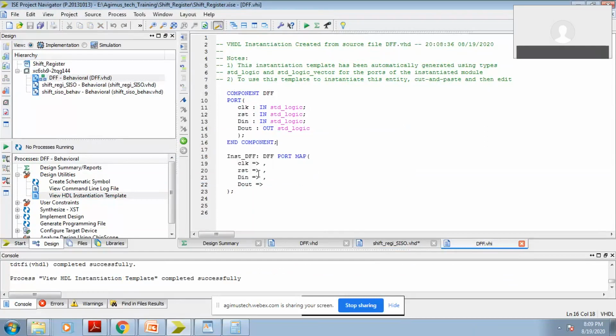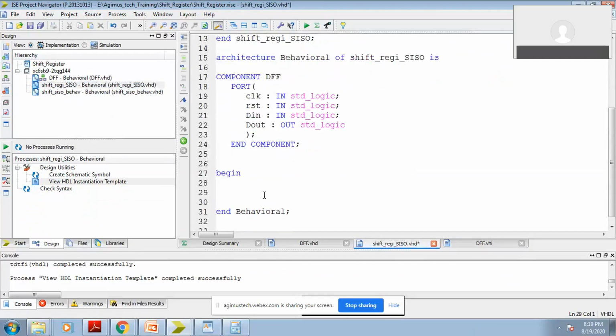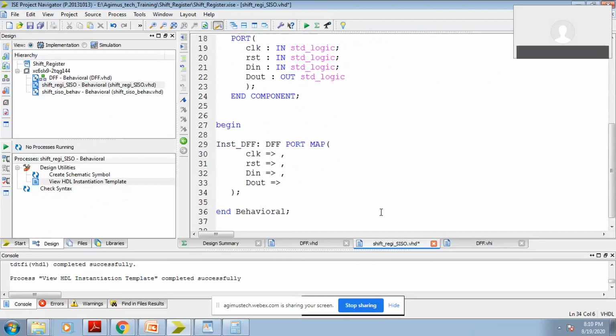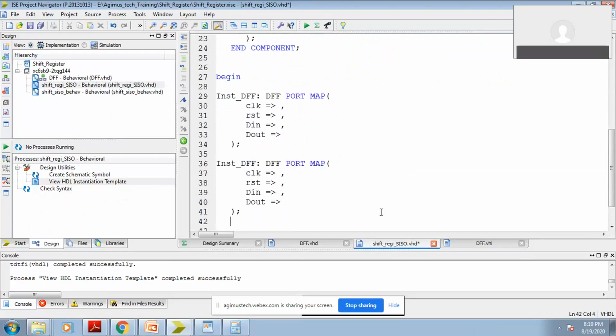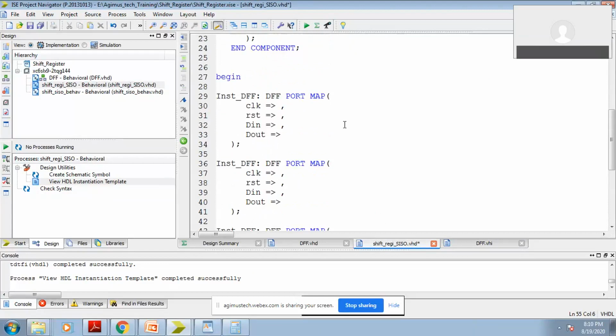Okay, now I want to instantiate it. So for instantiation I can use this. I just copy it and paste it. Now how many instantiation I want? I want 4 instantiations. Okay, so this way I can instantiate the 4 flip-flops.